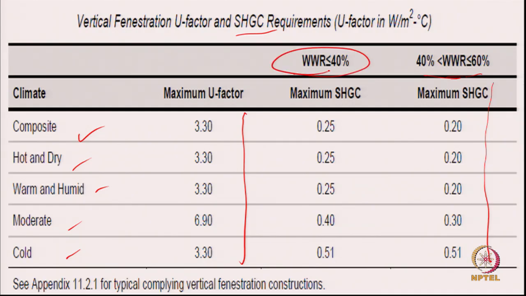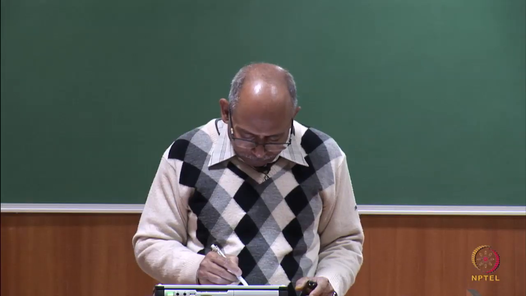So, if it is less than 40%, the maximum SHGC is also prescribed for different climates, and this is prescribed for if the window area is something like this. So, I think that is what it is. Overhang factor we will just look into after we break and take a few